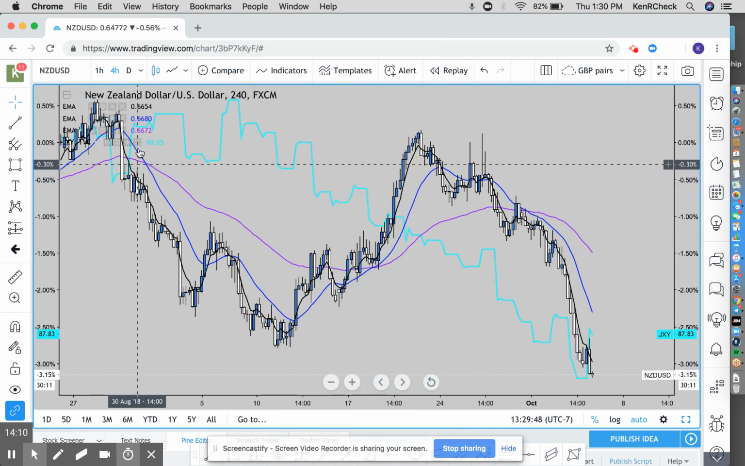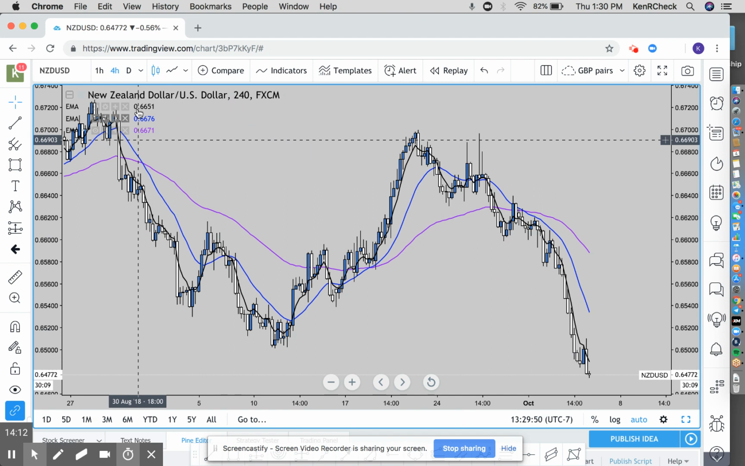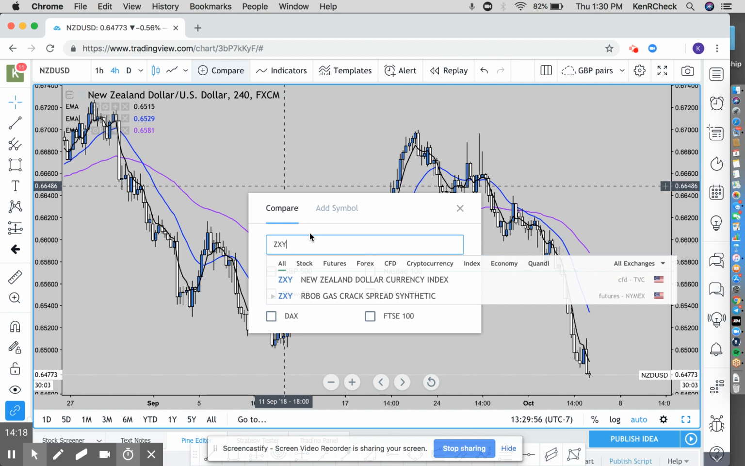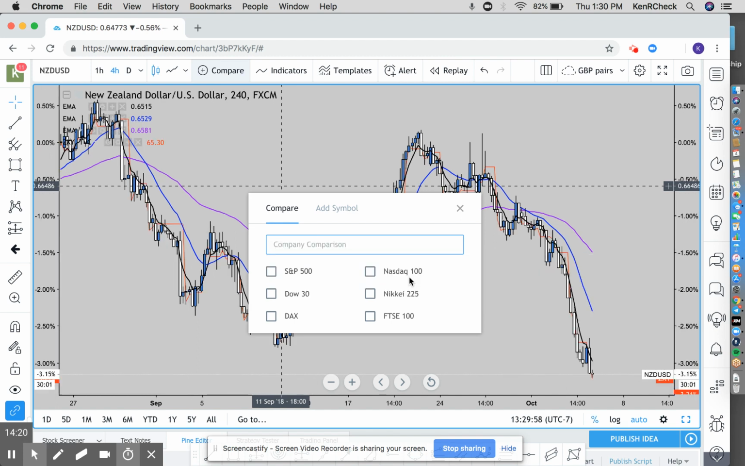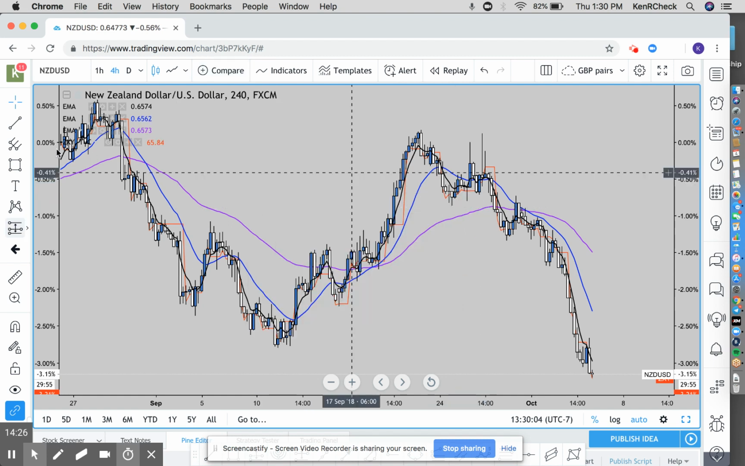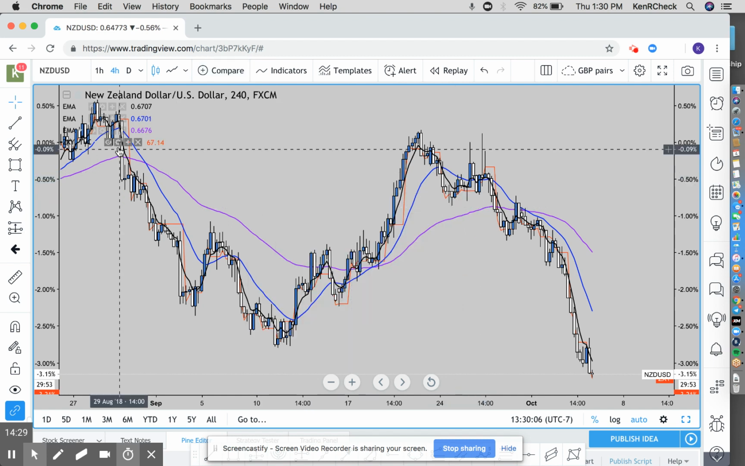And we're going to delete Japanese, and we're going to type in compare, and we're going to put in ZXY. So the New Zealand dollar index. Perfect. So you can see that the New Zealand dollar index correlates very well with